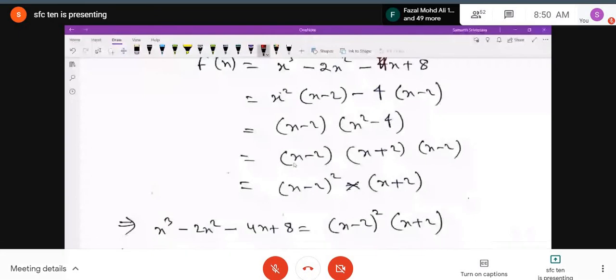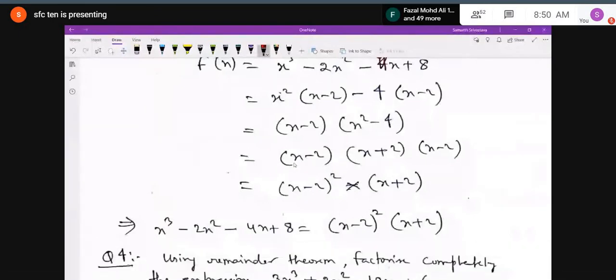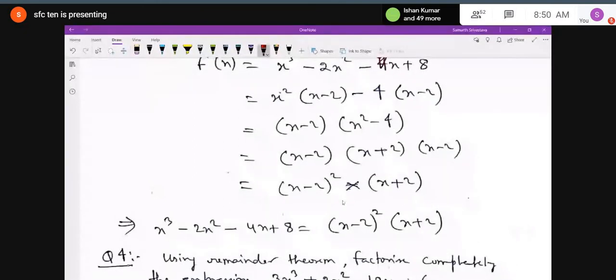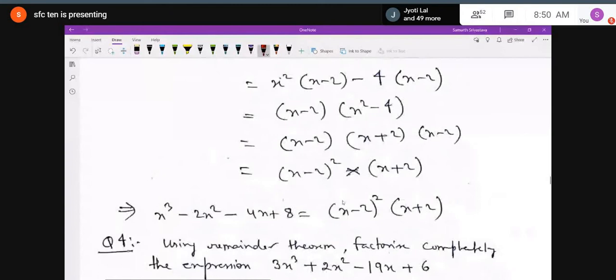Okay, so one more thing, sometimes it is written find the factors. Okay, find the factors of the given polynomial. So sometimes boys make this mistake generally, and they miss the 1 mark, that they write by inserting commas in between. Don't put the commas in between. Okay, x minus 2 whole square into x plus 2.